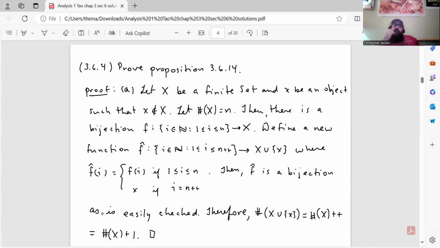Right, next problem, 3.6.4. Here he asks us to prove proposition 3.6.14, this is a long problem, and that's because there's a bunch of parts for proposition 3.6.14. This is the proposition where he outlines cardinal arithmetic, so we'll just take it one step at a time. There's a lot of parts to it. So the proof for part A,